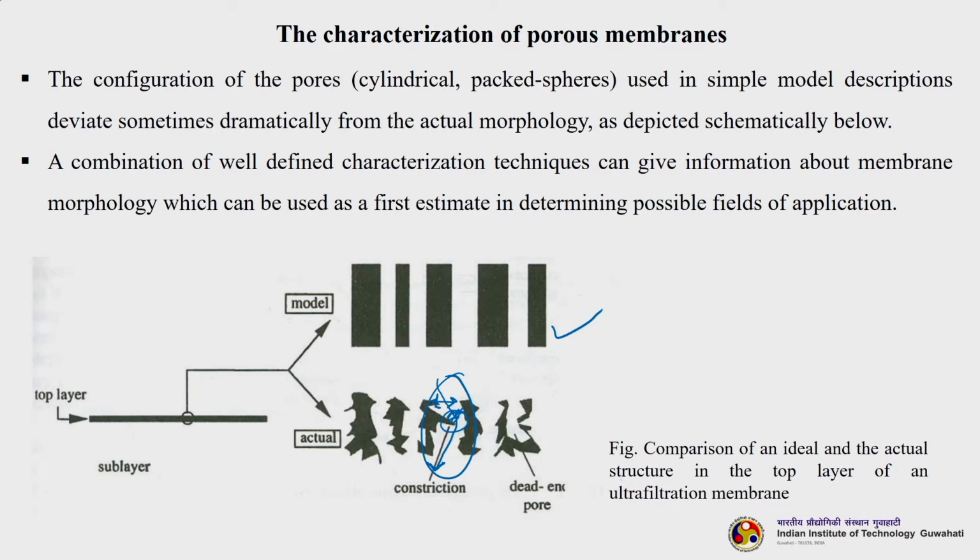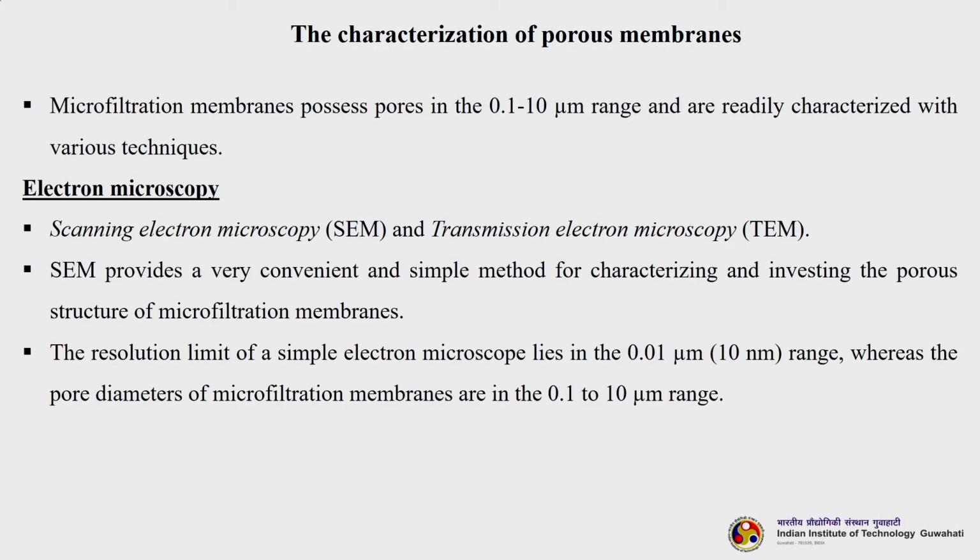So, this becomes just like a dead end pore and it is not contributing to the permeation. This is a dead end pore in which the pore is actually sealed at the bottom. That means anything that comes in gets deposited inside this dead end pore, and this is not contributing to your separation. And microfiltration membranes possess pores in the 0.1 to 10 micron range